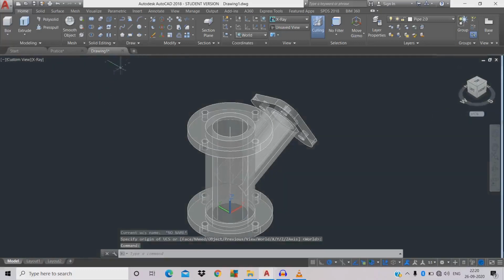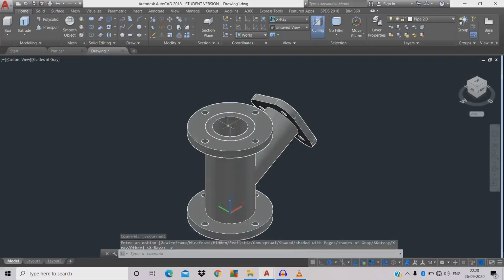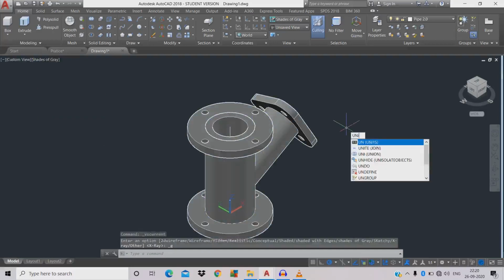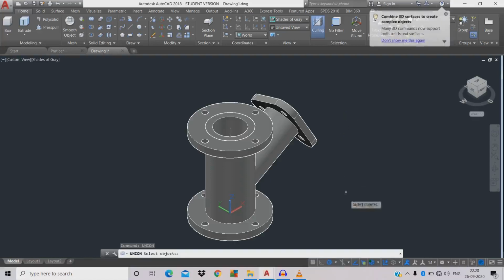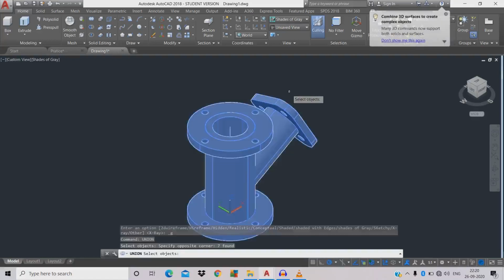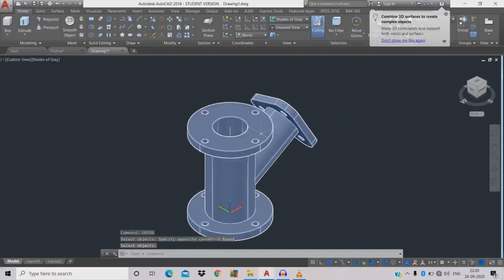Now we're gonna change it to shades of gray. There are so many objects over here, so we're gonna make it single by using command UNION space union. Click the entire surface space. Now it has been changed to a single object.